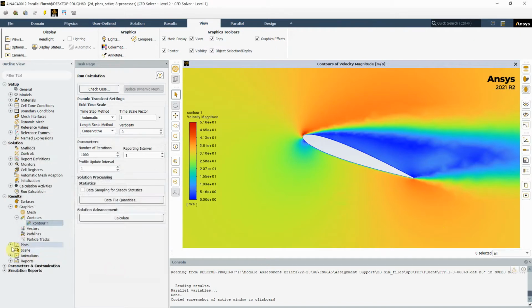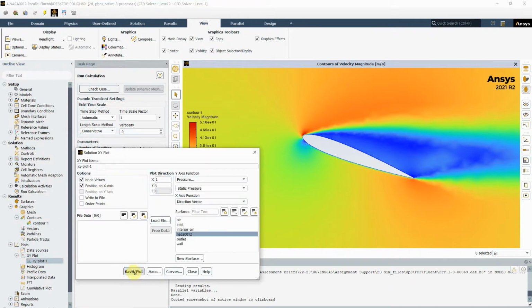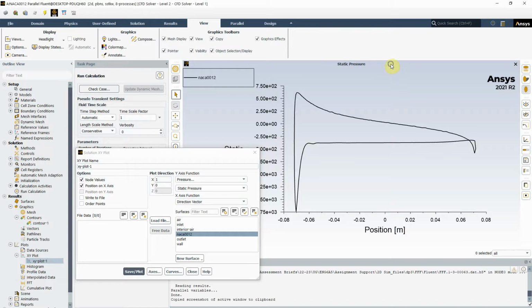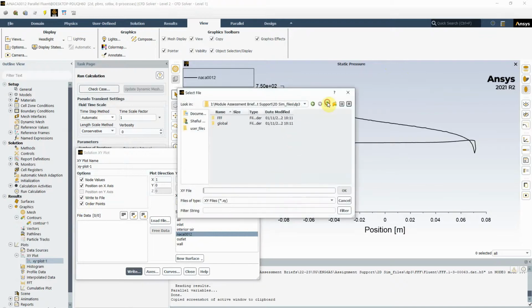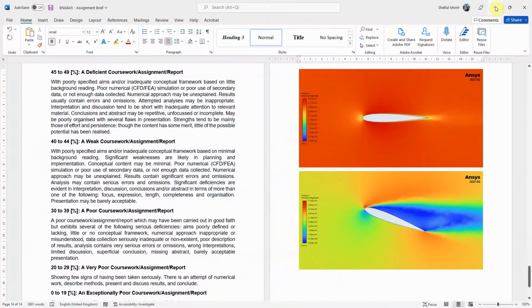And again, we can go to XY plot, and in here you can take these images as well. So you can plot these ones. You can just copy to clipboard. But if you want to get extra marks, you order the points, write a file. And again here, just make sure it's in the correct place. So angle of attack, 20D, okay. And then if I go back to Excel,